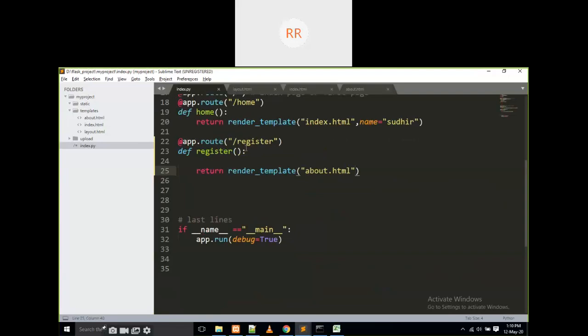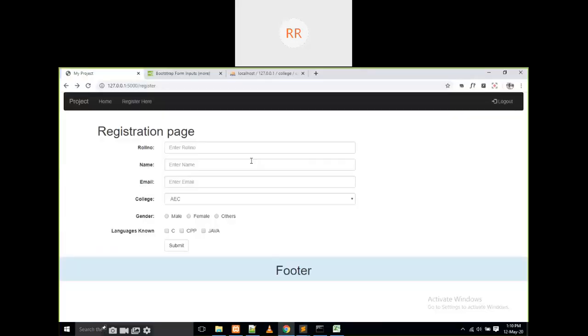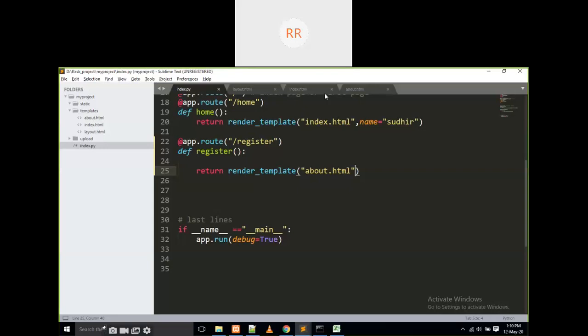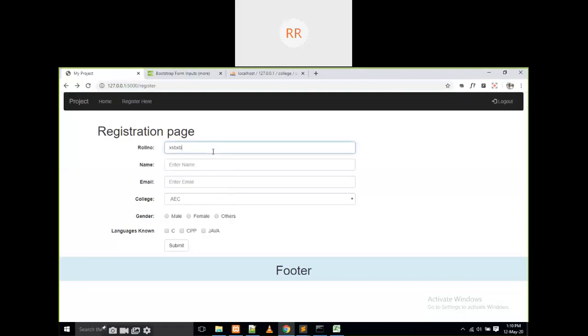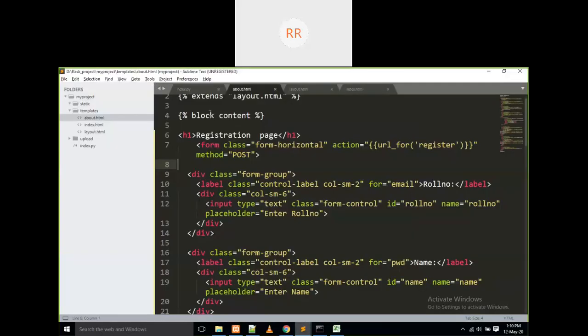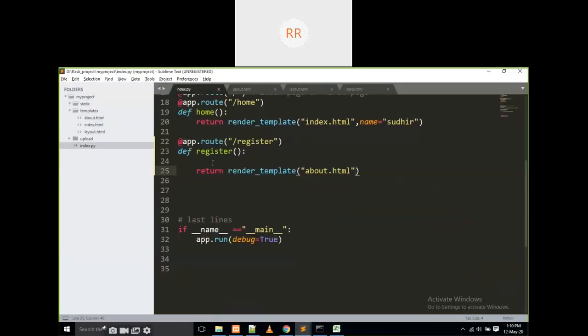Inside it, I am going to write here. How to write? I will explain. Then the method is post. What does post mean? If we enter the data here and click on submit, the data is going to be posted to this page.